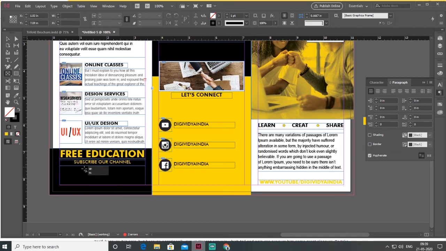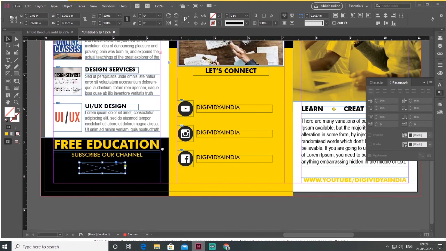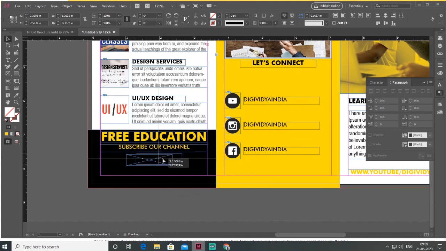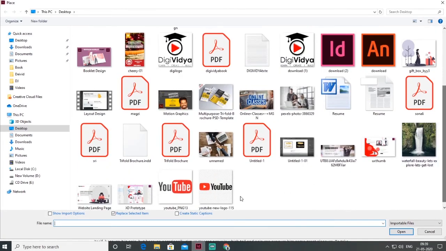Next I make a rectangle frame for placing an image. So I go to file and place here. I want to place a YouTube logo.